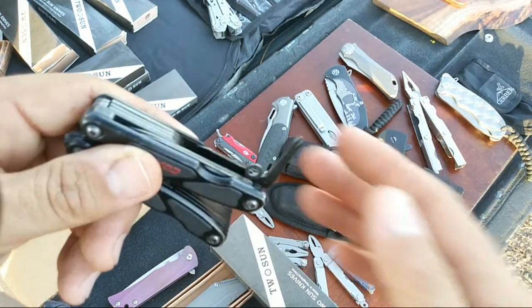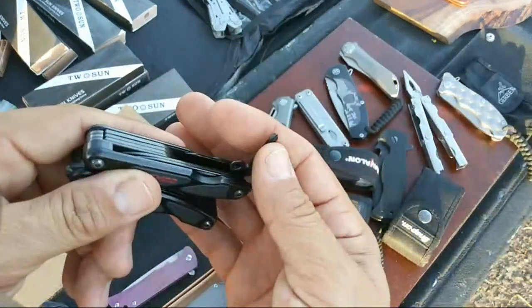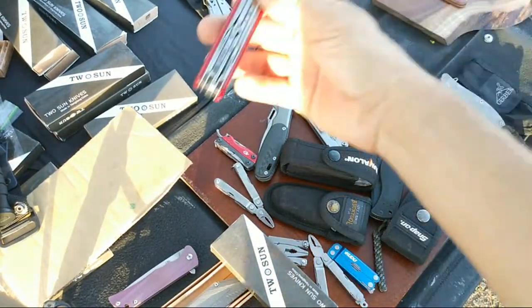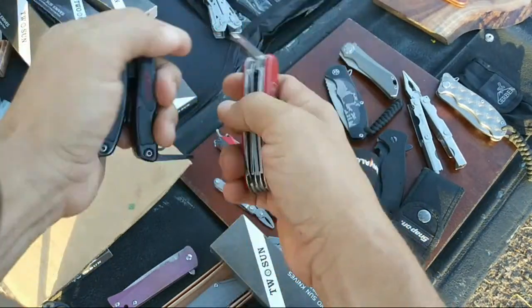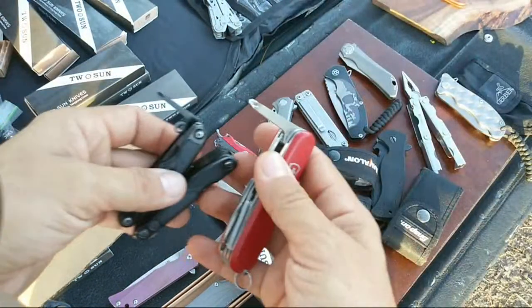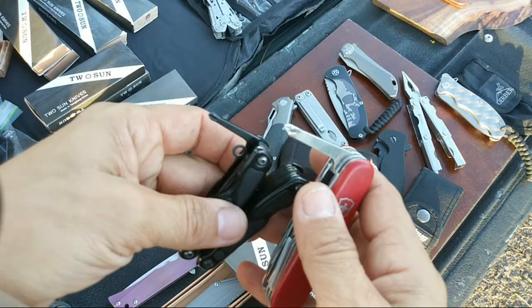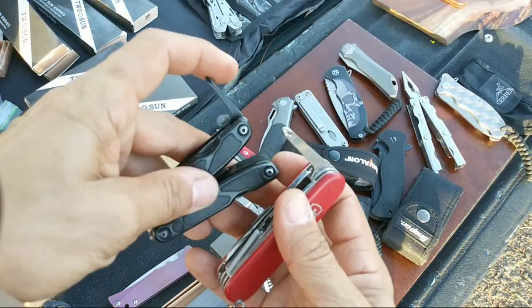This one, they kind of took the design from Victorinox. This looks just like the inline Phillips driver on Victorinox. So, I mean, you can kind of see, especially when you get so much stuff, you can see who's borrowing ideas and design cues and stealing stuff and whatnot. But this is definitely a Victorinox style